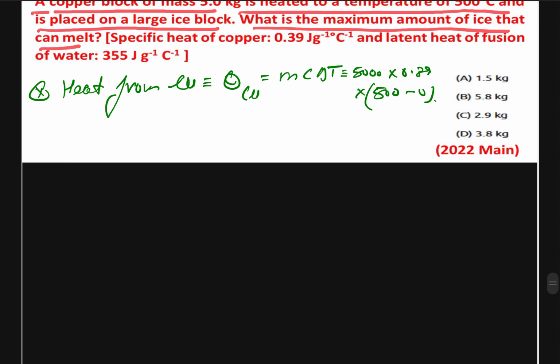Therefore, we get our Q for copper is equal to 975,000, and we assume that